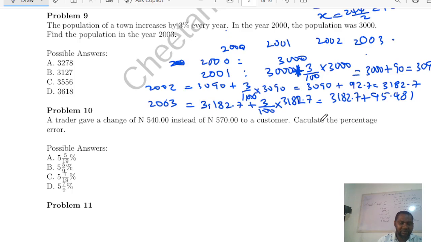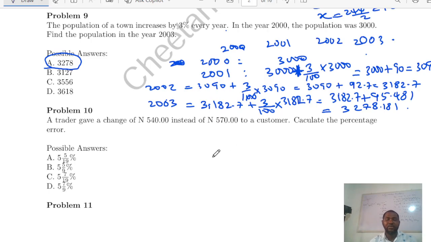So I'm going to have 3182.7 plus 0.7 plus 95.481. So here my answer is 3278.181, and obviously the closest answer to that is this,